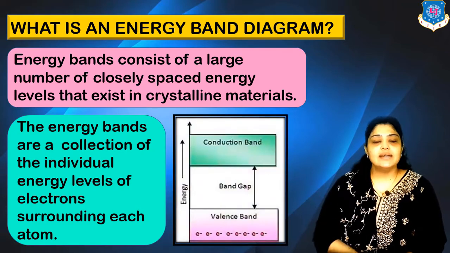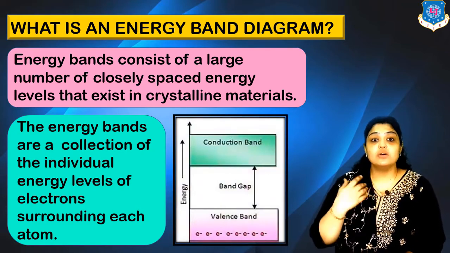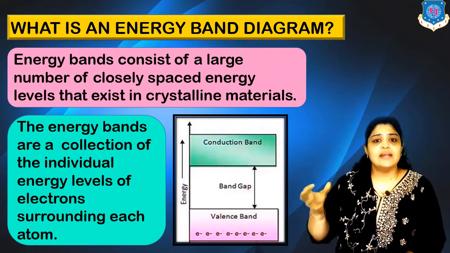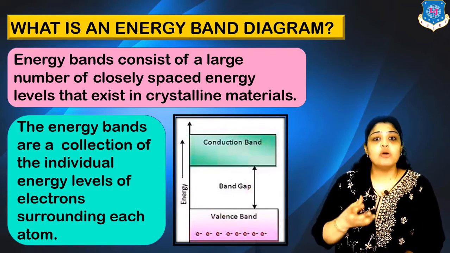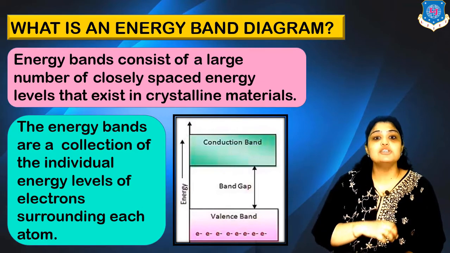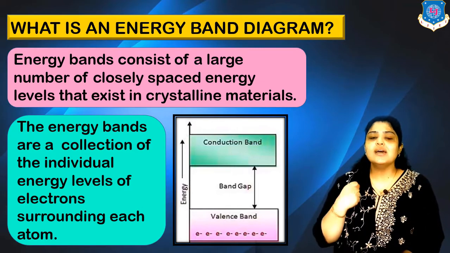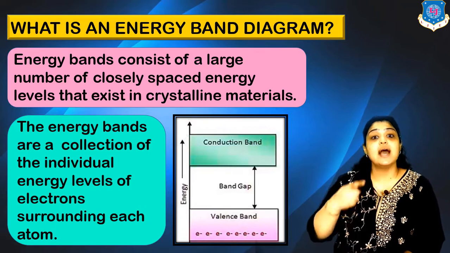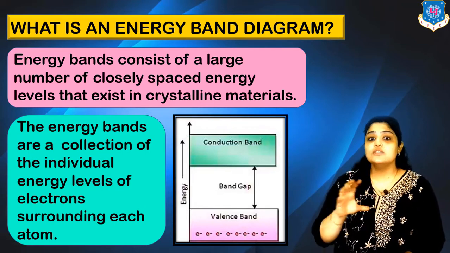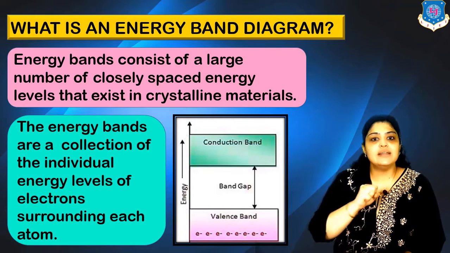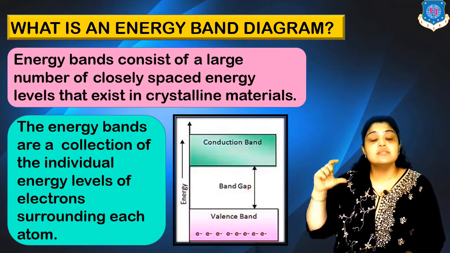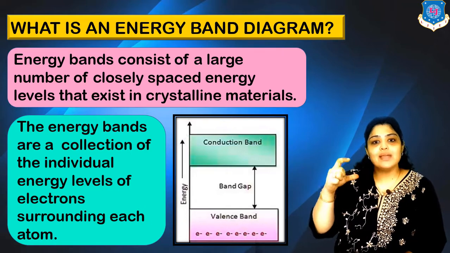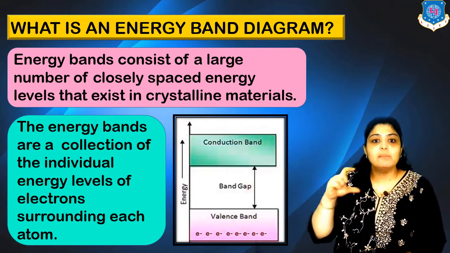You can see in the diagram the three bands, or the energy bands, which are commonly used are shown. The valence band. Now this is an energy band which is formed by grouping of energy levels of valence electrons. What are valence electrons? Valence electrons are the electrons which are present in the outermost orbit of an atom. So if I group all the different energy values of valence electrons, the band formed would be called a valence band. In between them you can see there is a forbidden band or band gap.